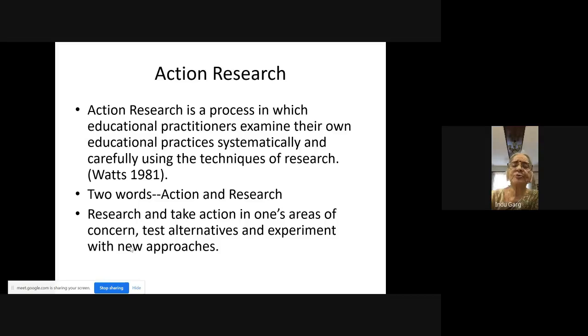But you in the classroom can also do a lot of things on your own. You don't have to keep approaching the authorities off and on. They will always think, this person has a lot of problems and keeps coming again and again. But you can always, in your own setup, use a lot of your creativity to help your students. Okay. So, research, take action. Research, take action. This is what is very, very important. Okay. Next.